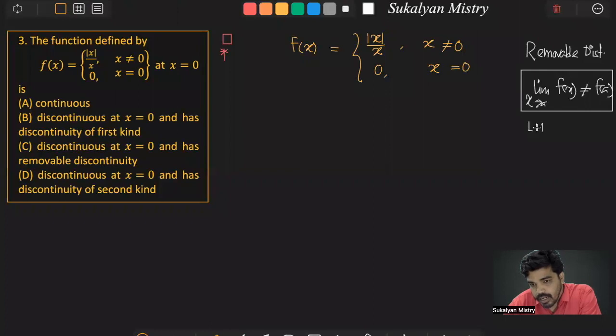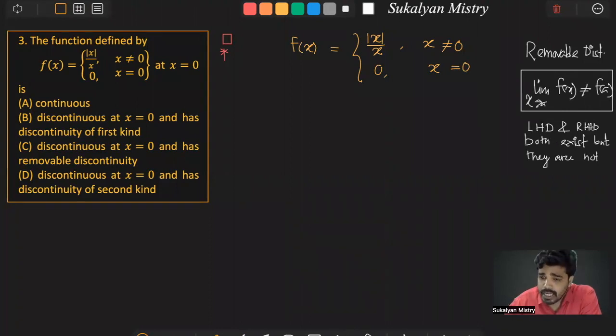Left hand limit, left hand derivative exist, left hand derivative and right hand derivative both exist, but they are... Left hand limit and right hand limit both exist but they are not equal, then we say that this is a discontinuity of first kind. Discontinuity of first kind. Okay,